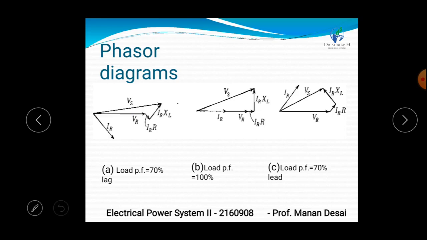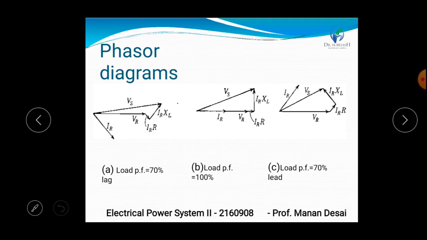For lagging power factor, I lags behind VR by some angle, and it is shown in the diagram. The voltage drop in the resistance is IR, represented here